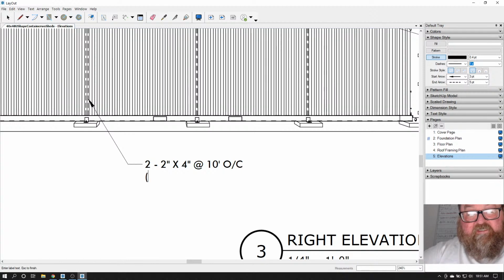And I'm going to say C, let's see, detail A3. Let's see, 3A3. There